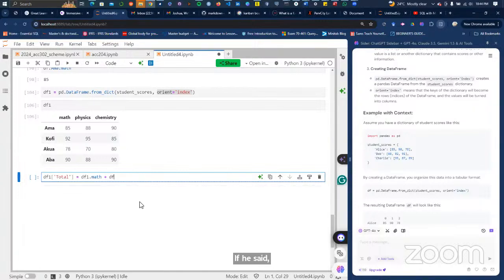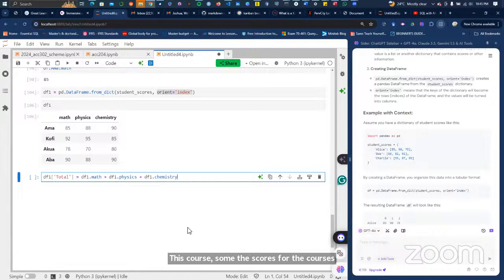So df1 dot physics, make sure you type it correctly, plus df1 dot chemistry. So that's the formula: for each student, sum the scores for the courses.